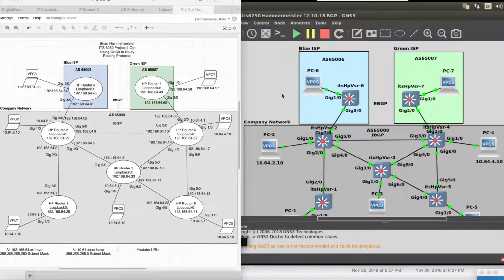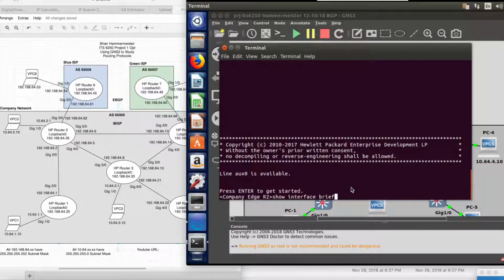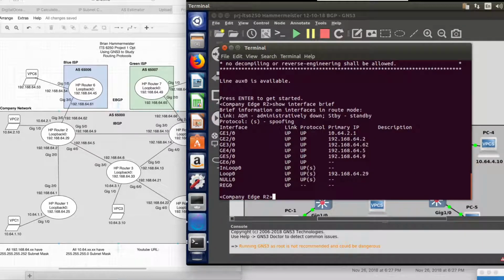You can see on the right here how the GNS3 topology matches my diagram. I've got the same representation with 5 internal routers, and then I've added the 2 external ISP routers for blue and green ISPs. On company edge router 2, I'm going to do a show interface brief, and you can see here